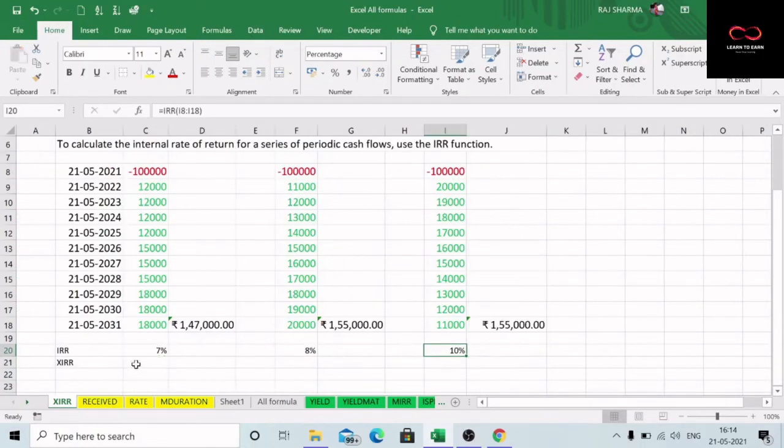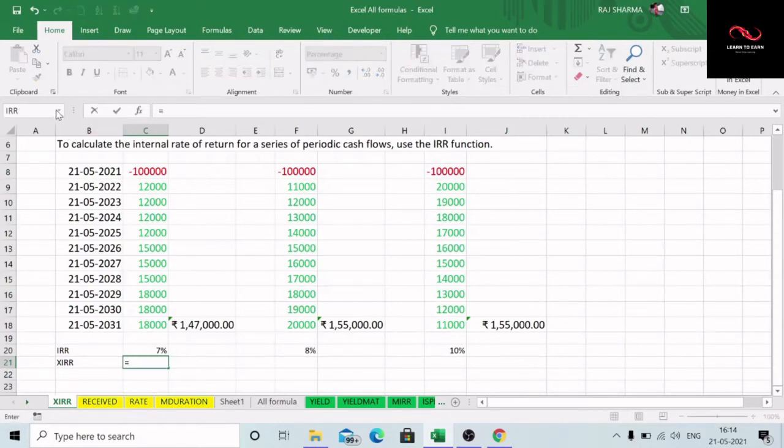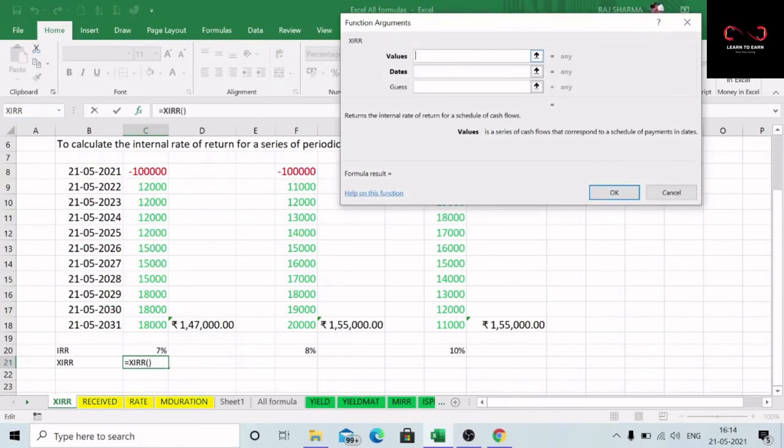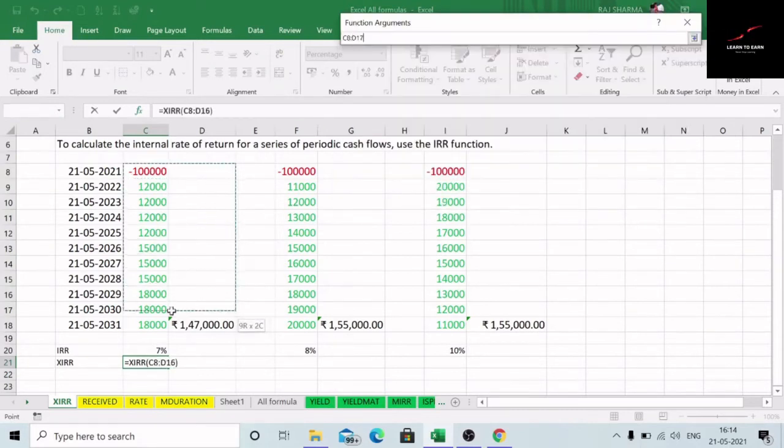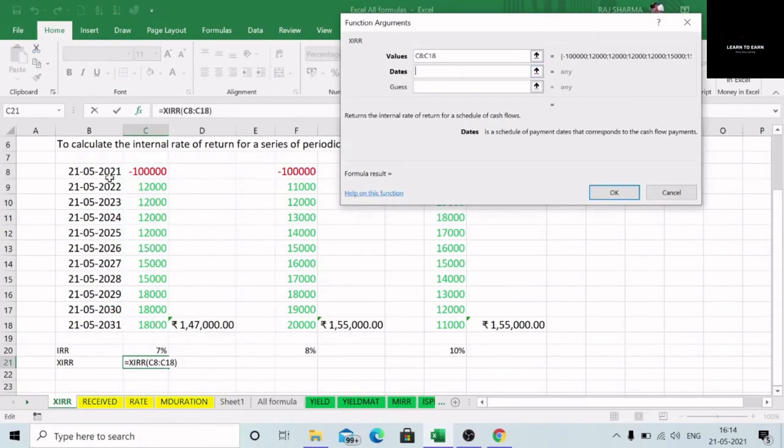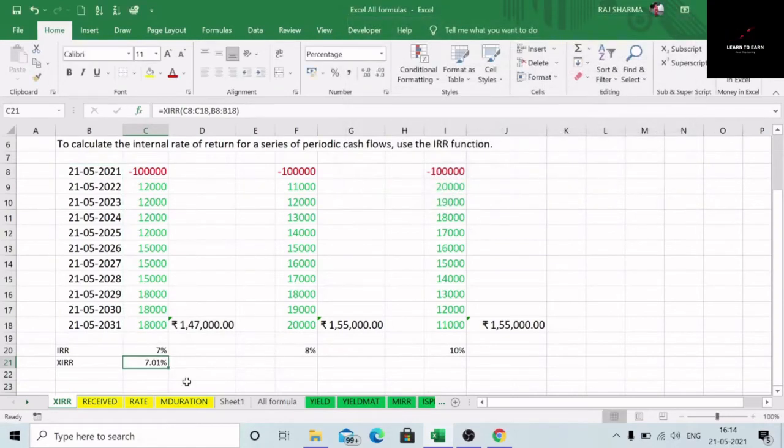Out of these three projects, you can clearly see the internal rate of return for the last project is higher at 10%. So this project seems to be more viable. Now let us work out the XIRR. Go to the function tab again and select XIRR, and in that the first column is value. So put the outflow and the inflows, and the second column is dates. This date feature enables us to account for uneven cash flows also, which are not at proper periodic intervals, and you will find that the XIRR is 7.01. Roughly we can say it is the same.